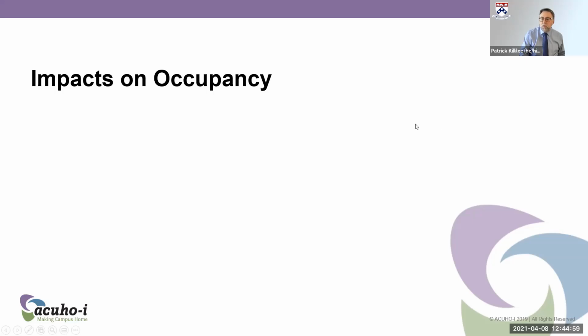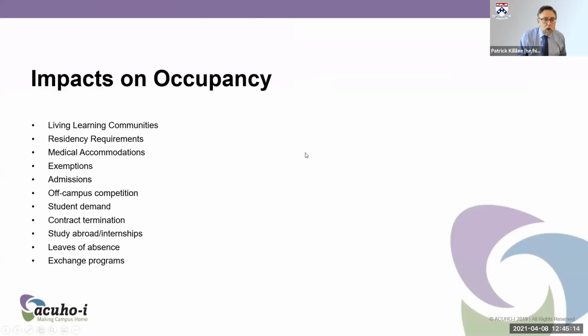Off-campus housing developments, that's a big one, particularly the last several years. Exemptions, leave of absence, community competition. These are great, excellent. So living learning communities, again, like we've talked about, if you don't fill a community, what does that do? Do you allow the other students who are part of that community to live in that space if you have demand? Residency requirements,